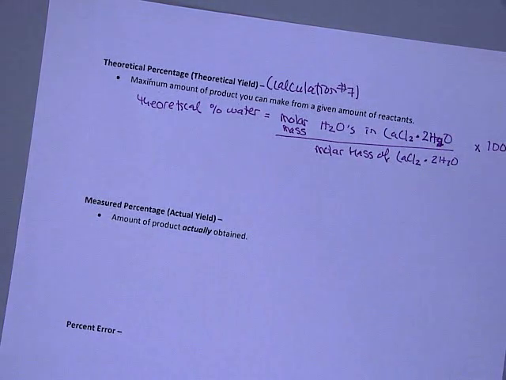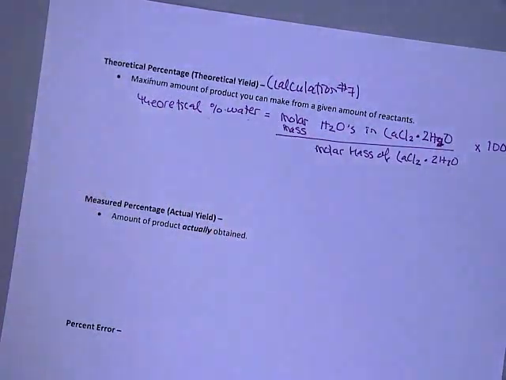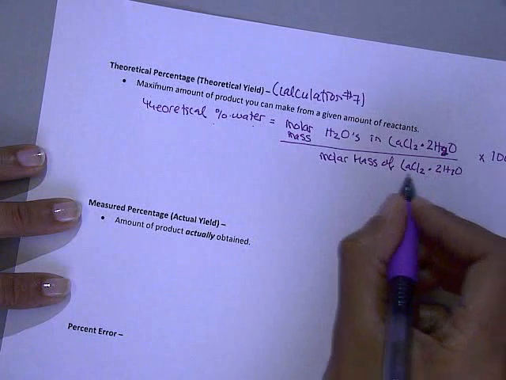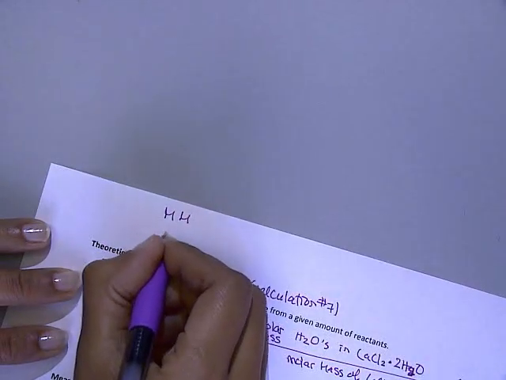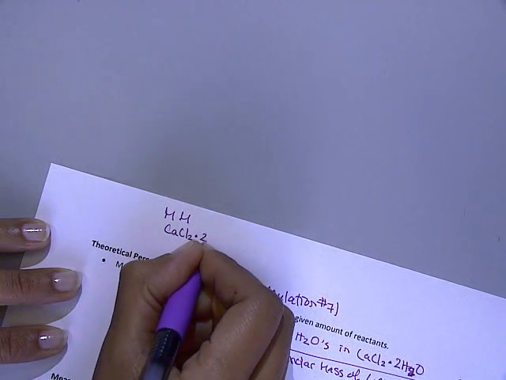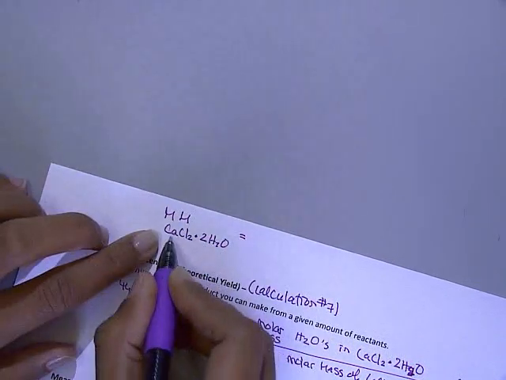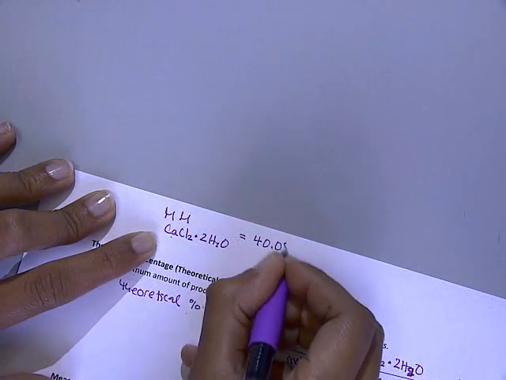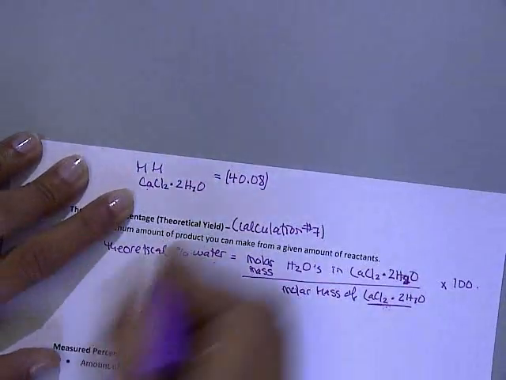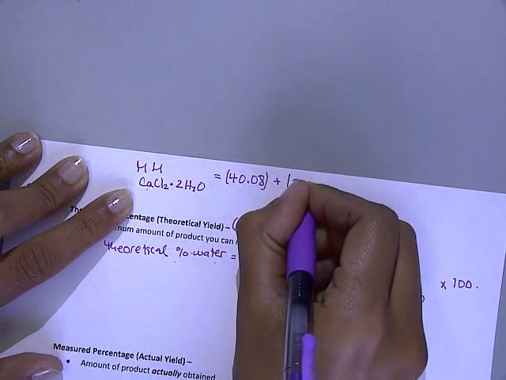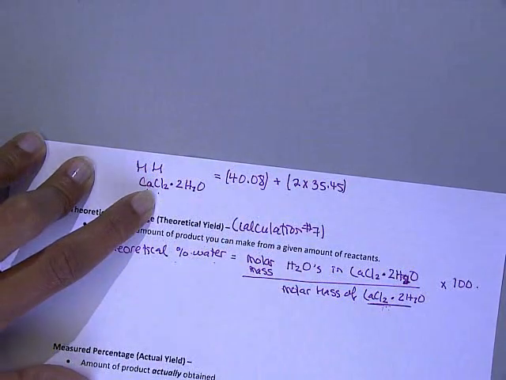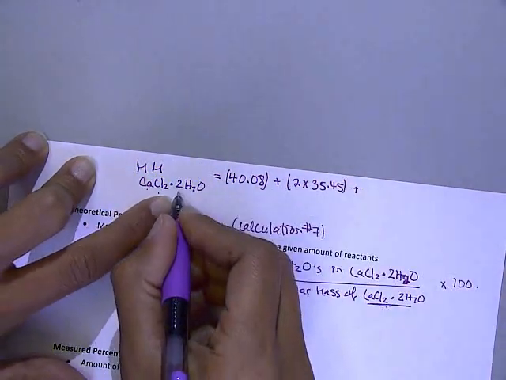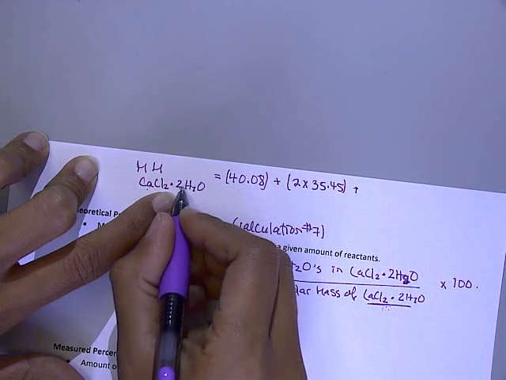This gives you the theoretical yield of water, or the theoretical percent of water in your compound. So here we have to actually calculate the molar mass of our hydrate. So let's actually take this up here. Molar mass of calcium chloride dihydrate is equal to the molar mass of calcium, and I'm going to leave out units just for the sake of space here, plus 2 times the molar mass of chlorine, and again I'm getting all of these from the periodic table, plus now here I have 2 moles of this